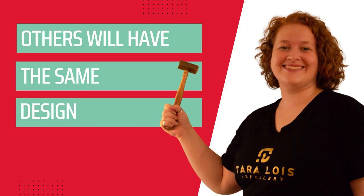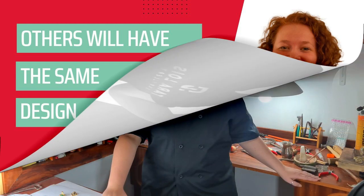Others will have exactly the same design. I have the experience that some of my clients have had their heritage jewelry remade by jewelers, but not designers, and have come away with designs that they feel are similar to some other designs that the jewelers have previously made. The point of a designer is to create something new. The client, the heritage jewelry, both are truly unique to themselves. So my job as a designer is inevitably that I'm going to create something purely one of a kind,